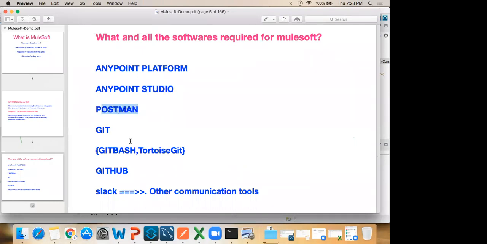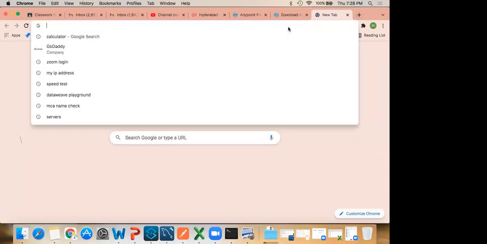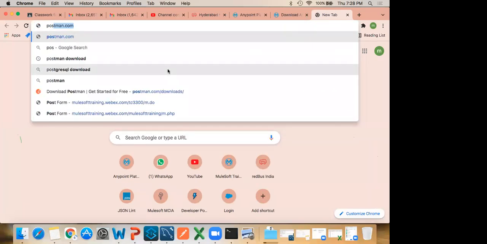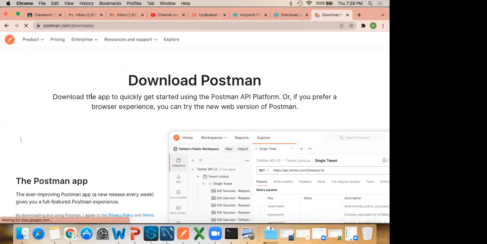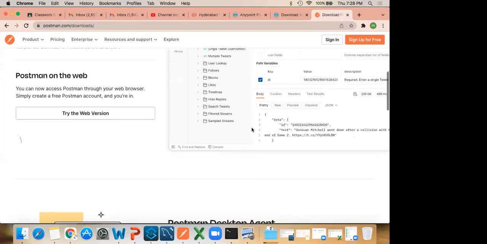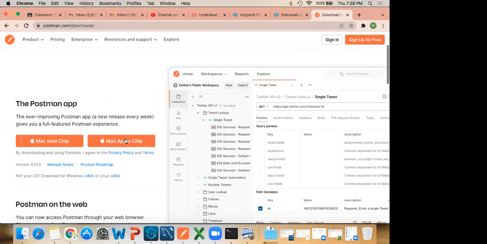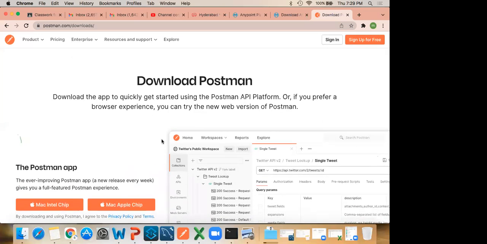సో వాట్ ఈస్ పోస్ట్మన్? పోస్ట్మన్ కూడా ఫ్రీ అనమాట, ఓపెన్ సోర్స్. ఇది కూడా జస్ట్ సింప్లీ జస్ట్ గో టు గూగుల్, టైప్ పోస్ట్మన్, డౌన్లోడ్. సో ఇలా క్లిక్ చేయగానే వచ్చేస్తుంది. ఓకే, ఇక్కడ సేమ్ డౌన్లోడ్ పోస్ట్మన్ ఏజెంట్ ఇలా ఉంటుంది అనమాట. సో నాది మ్యాక్ కాబట్టి ఆటోమేటిక్గా మ్యాక్ చూపిస్తుంది. క్లిక్ చేస్తే వచ్చేస్తుంది యాప్. ఓకేనా, మీరు విండోస్ అయితే విండోస్ వచ్చేస్తుంది.